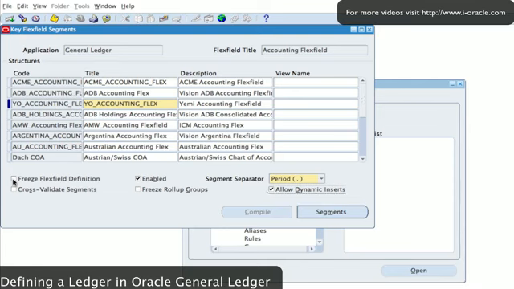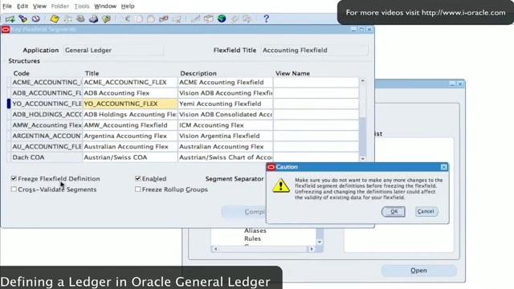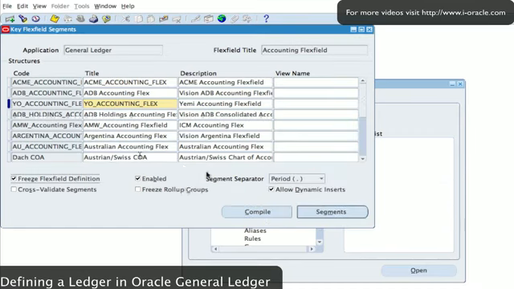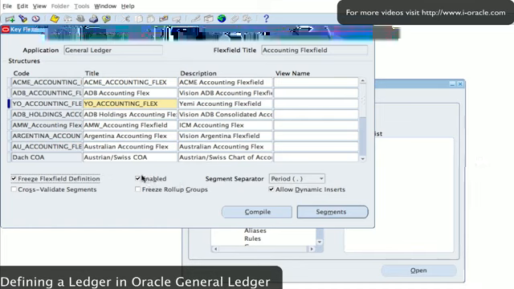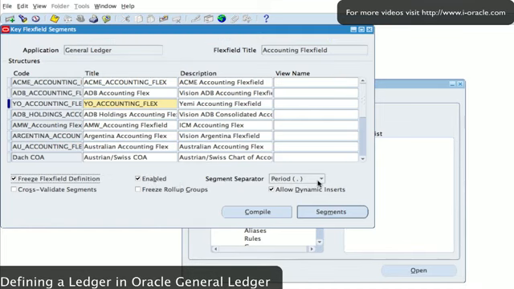I'm going to freeze my flex field definition. So if I want to make changes to my structure, I need to go back and unfreeze it before doing that as well. So this actually creates my structure for me. All the things that I can have is the segment separator. I've got